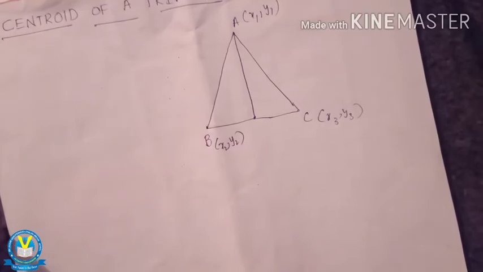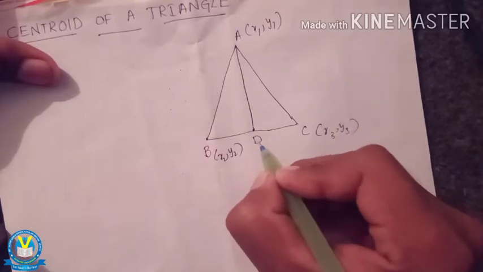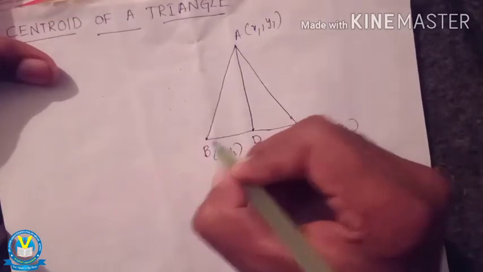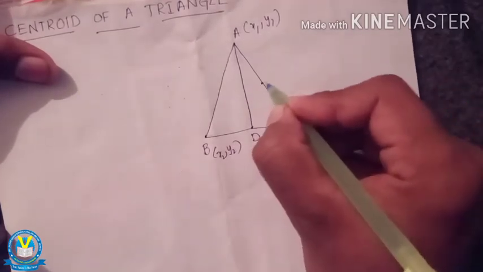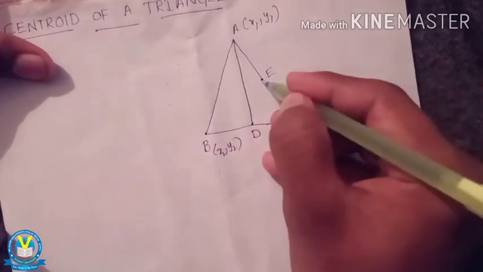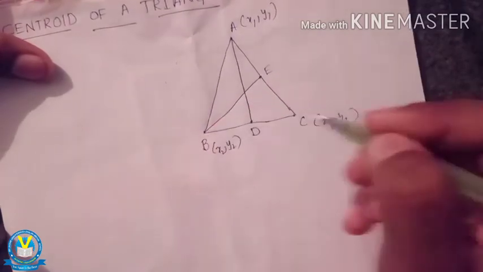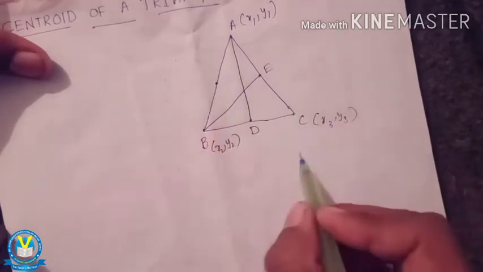Now tell me, how can we find the centroid of the triangle? The first thing we need to do is draw three medians. We can assume the midpoint of BC is D. AC is also a side. The midpoint is here, E, and we draw from the midpoint of AC to the opposite vertex B. AB is also a side. From the midpoint of AB to the opposite vertex C.